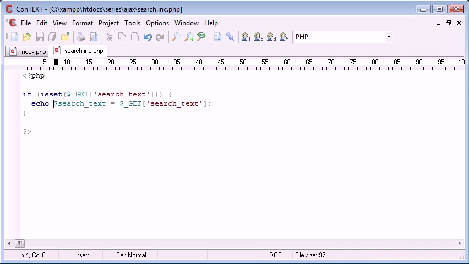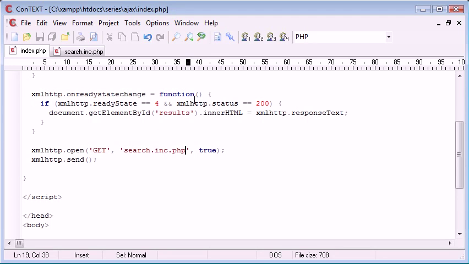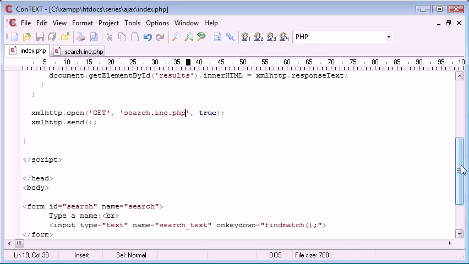Okay, so now what we want to do in here is, oh no, we've done this now. So we're echoing each value that we're grabbing from this search_text. Now what we need to do in here is dynamically update this to be sent through to our PHP file, search.inc.php. So all we need to do is on here specify